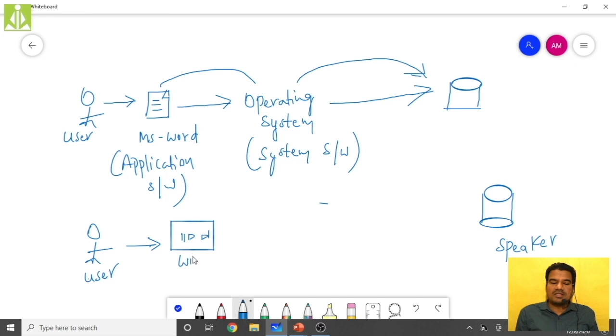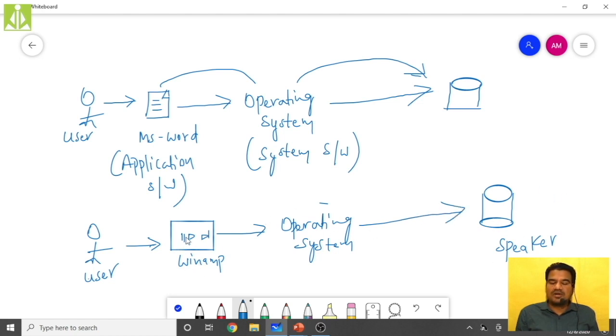Winamp, Windows amplifier, or in short Winamp. Is Winamp going to interact with this speaker directly? No, it is dependent on your operating system, and the operating system will play the audio track on the speaker.